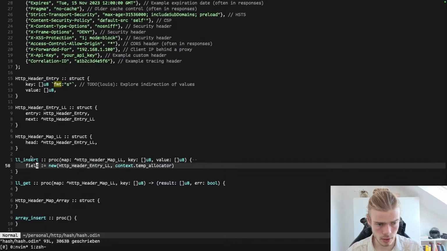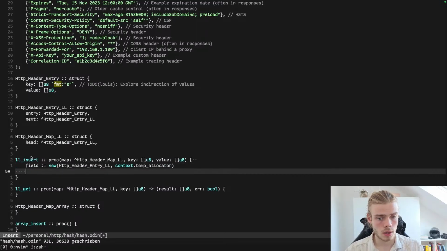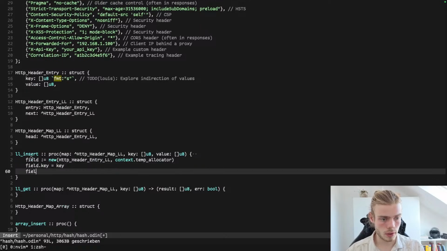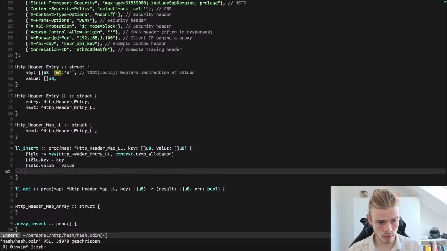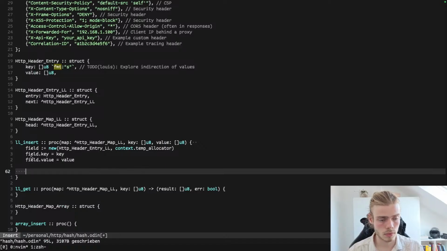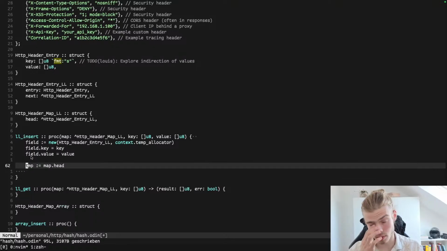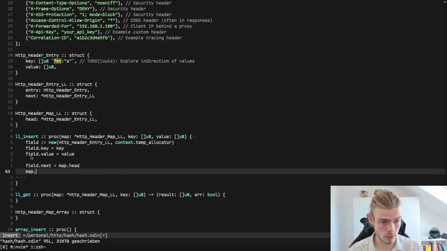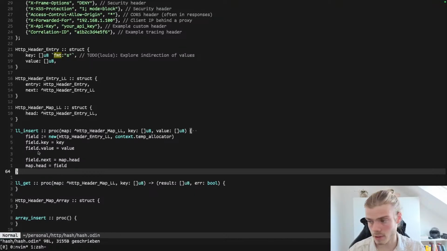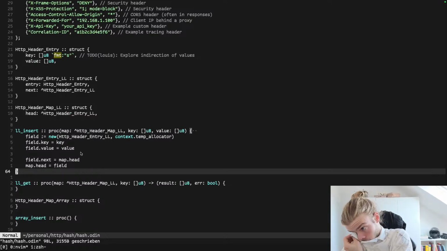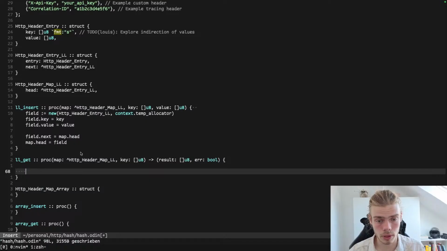Let's call it field. Field.key is equal to key. Field.value is equal to value. And let's call temp map.head, or we could also say field.next is equal to map.head, and map.head is equal to field. This is the insert method,